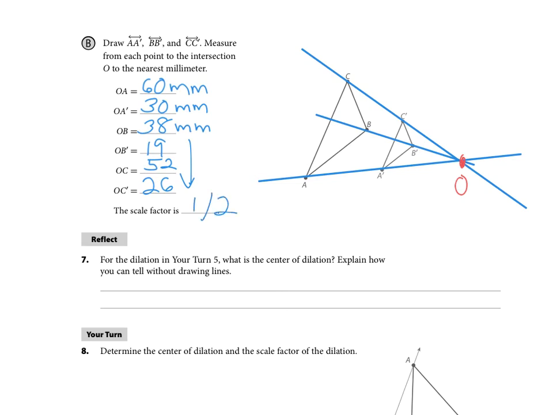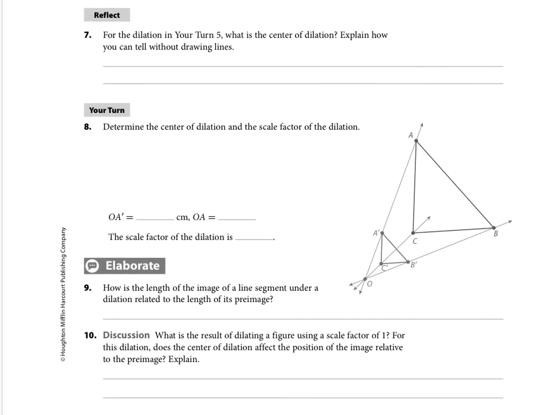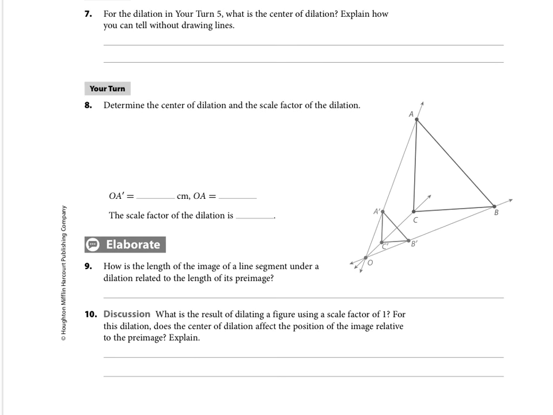And you can see that between the pre-image, the big triangle here, and the image triangle, it gets smaller. So we would expect the scale factor to be something less than 1. All right, in the your turn coming up on this page, you're going to determine the center of dilation and the scale factor, the exact same way that we did. Looks like they've already drawn the lines for you, so that's convenient, and all you have to do is just one set of measurements it's looking for there,